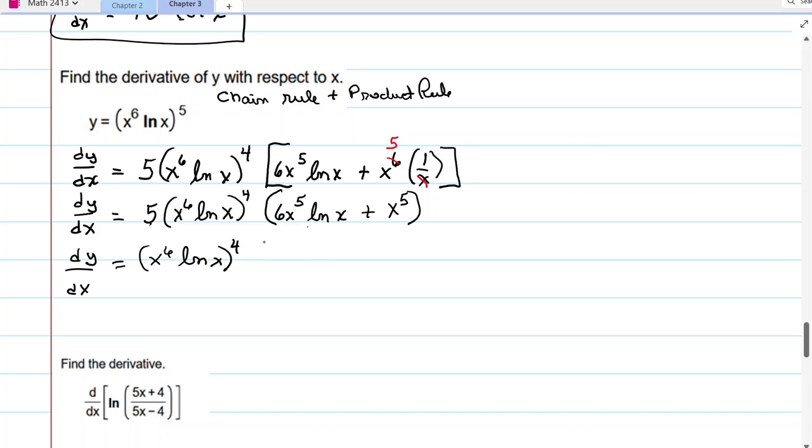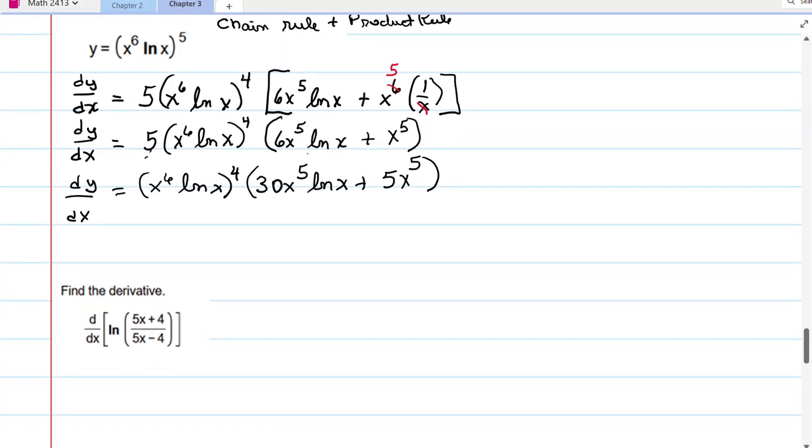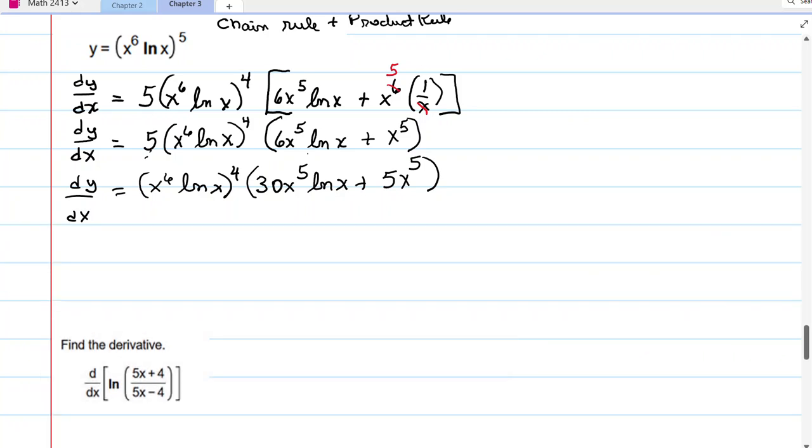And now this will give me 30 x to the 5th ln of x plus 5 x to the 5th. Now, at this point, this is pretty good. If you want to go further, by all means, go ahead and distribute again. And I think I did that in my practice before I got ready to do the video. So in this case, I would have